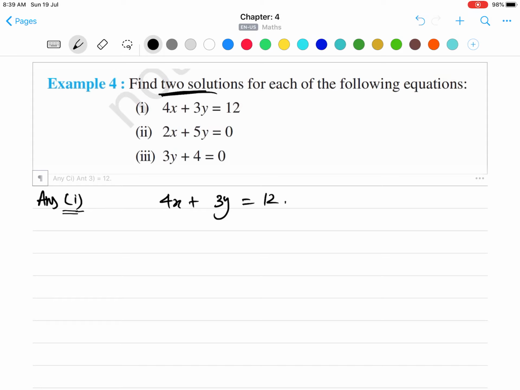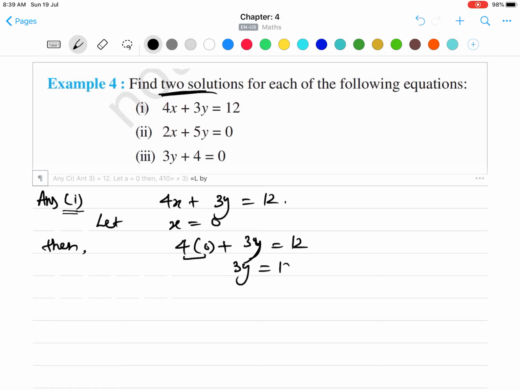So in order to find the two solutions, first we'll put x equal to 0, then we'll put y equal to 0. Okay, so let's start. Let x equal to 0, then our equation will become, in place of x we'll write 0, that is 4 into 0 plus 3y equals 12. So this 4 into 0 will result in 0, so we'll remain with 3y equals 12, or y will be equal to 12 by 3 equals 4. Okay, so one of the solutions will be